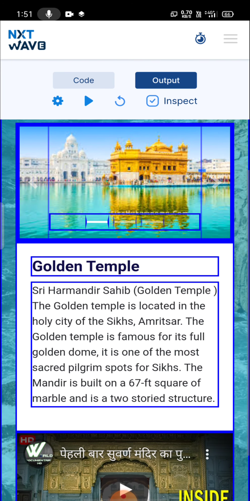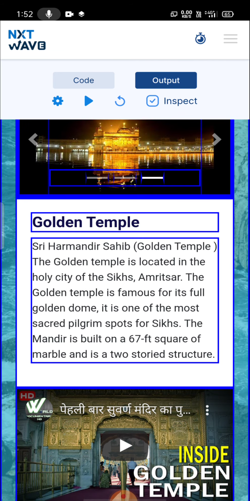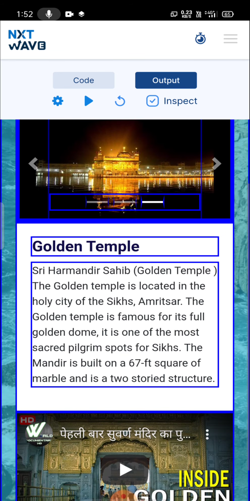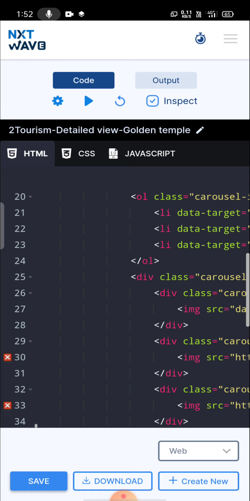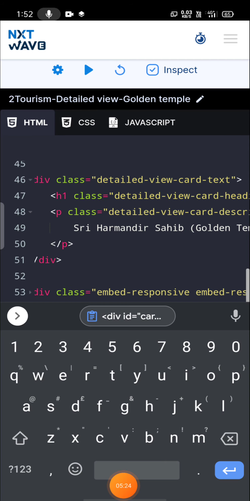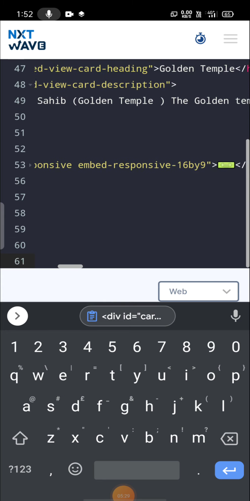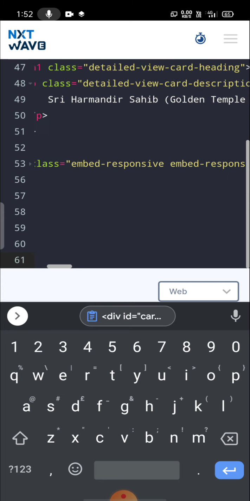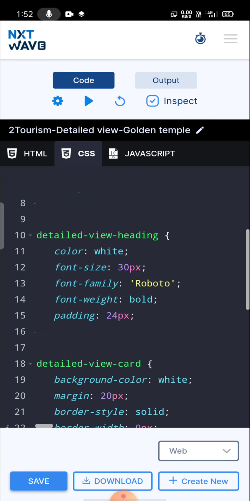And now we will see how to get this card. We have already discussed this. For the background I used background color as white, and for the heading I used the h1 tag, and for the paragraph I used the p tag, and I made some CSS properties. For those I wrote some CSS rule sets. Now we will see what it is. You can clearly observe here there is a heading and there is a paragraph. Heading with golden temple, and my paragraph is something, and I wrote some CSS rule sets. You can see it here.